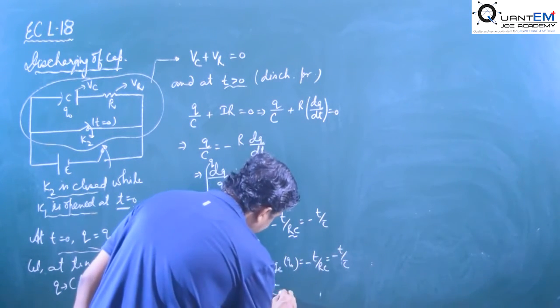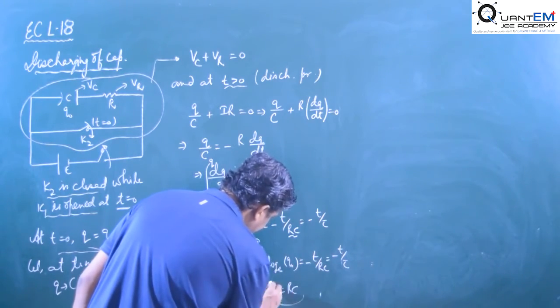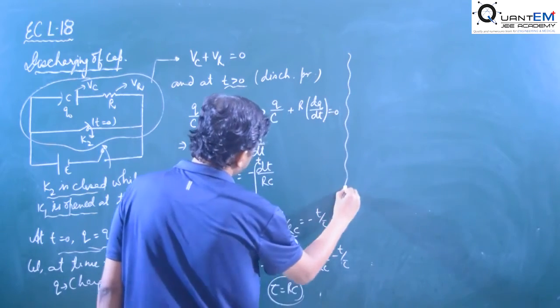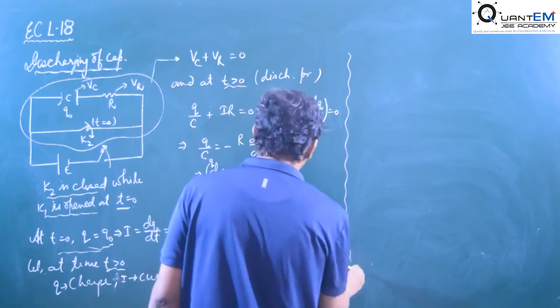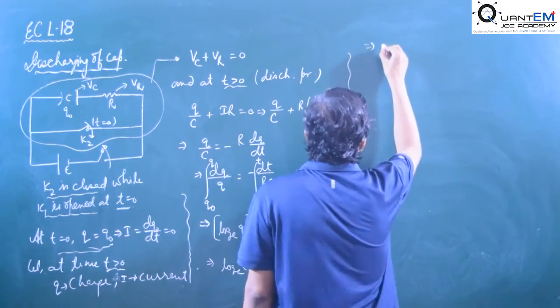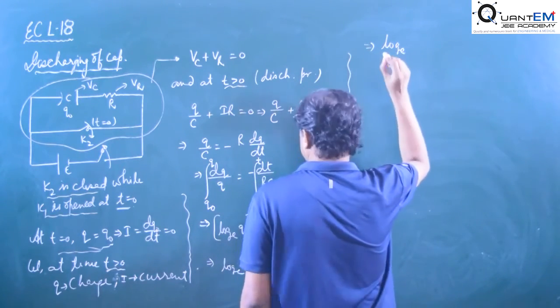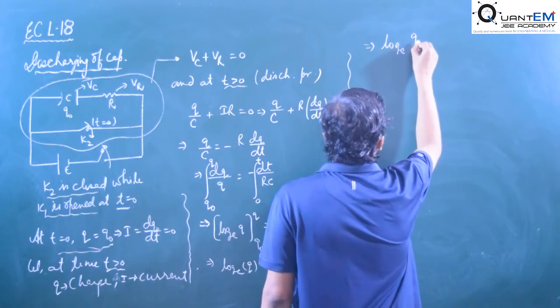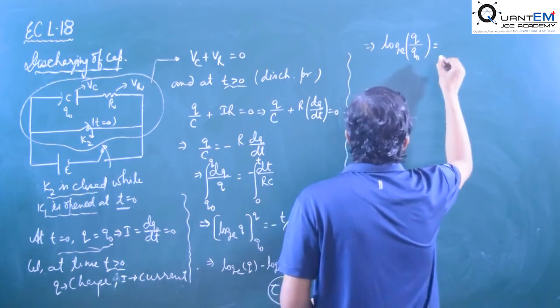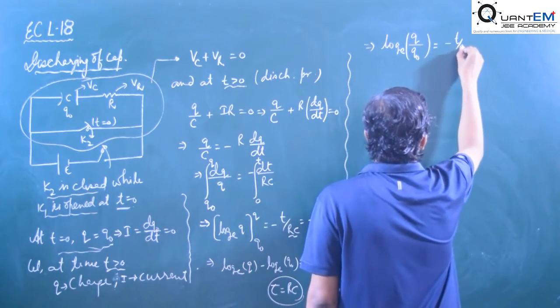Here also tau is equal to RC. Okay, we come to the next step, that is equal to what we have? Minus t by